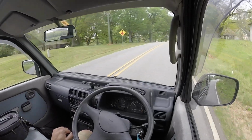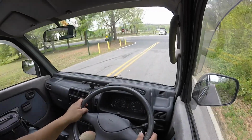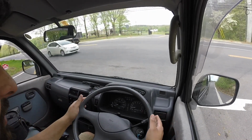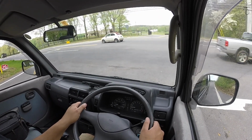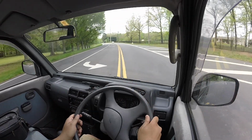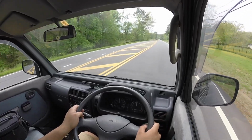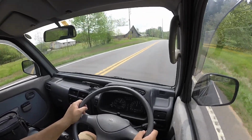I'm so used to stick in these that I'm still looking for the clutch every time I slow down or mentally need to shift gears. And the one thing about these cars too is you have to get used to the turn signal and the windshield wipers because they are flipped on the opposite side. I hate this turn, but we got it. It's a 3-speed automatic, for anyone who was wondering. And it red lines at 9,000 RPM. I highly doubt you'll ever be revving that high, but